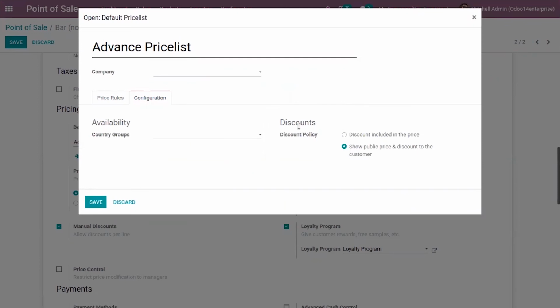Okay, that is here we have discount policy. So if you want to view it separately, you have to choose this option, show public price and discount to the customer. Otherwise, the discount will be included in the price.